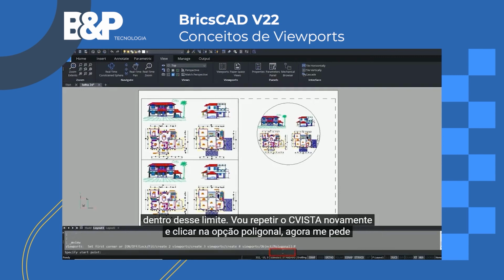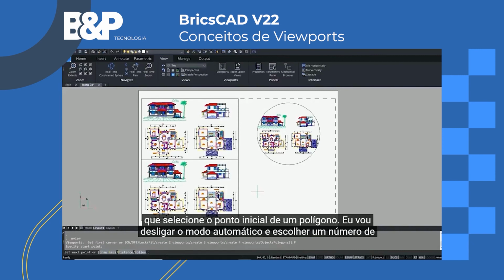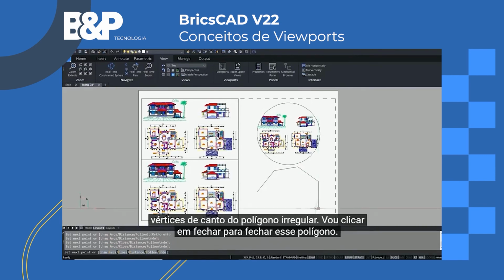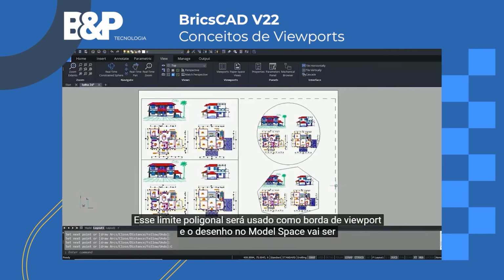I'll repeat mview again and I'll click on polygonal option. Now I'm asked to select the start point of a polygon. I'll turn off the ortho mode and I'll pick a number of corner vertices of the irregular polygon. This polygonal boundary will be used as a viewport border, and the drawing in the model space